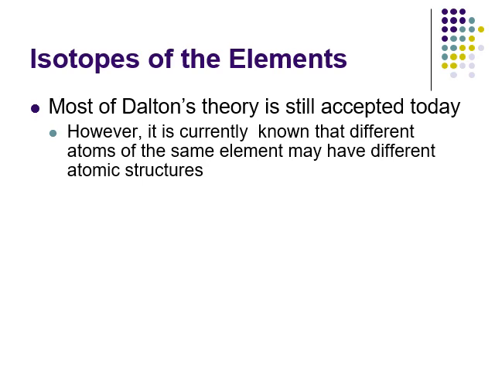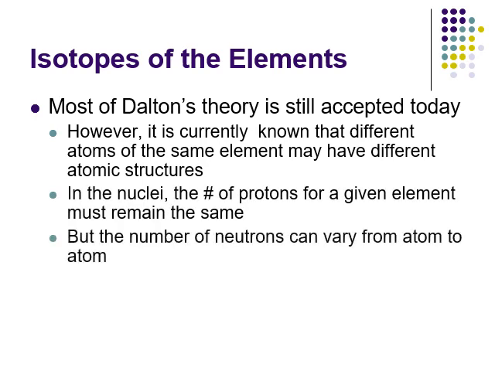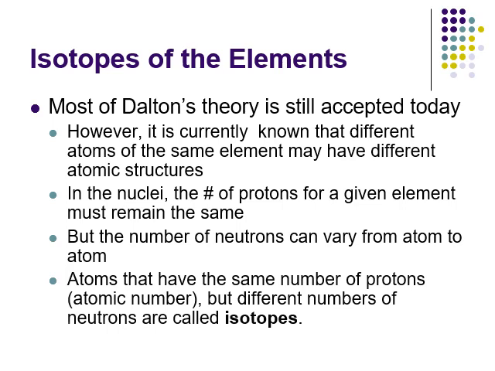Can the electrons differ for a normal neutral atom? Well, no, because to be neutral, the protons and electrons have to be the same. So that only leaves us with neutrons. We find the number of neutrons can vary from atom to atom of the same element, and we call those variations isotopes. Now, this is a weird kind of topic. Think of the word isotope like we do the word flavor or version.